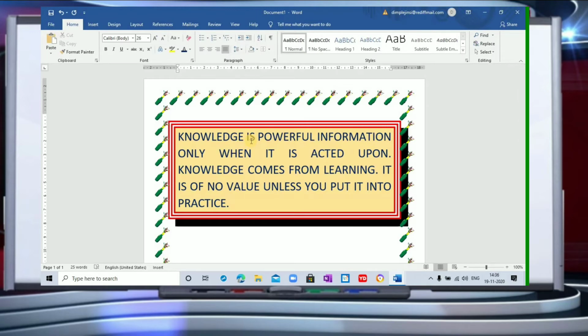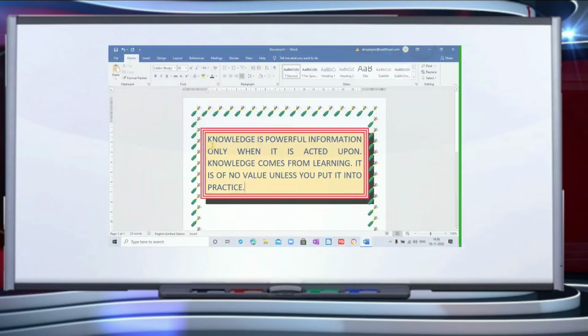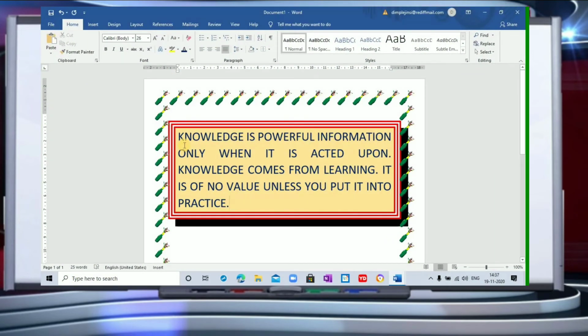Next we have the drop cap effect. How can we apply a drop cap effect? Students, drop cap is a text formatting option in Word that allows a user to enlarge only the first letter of a paragraph, and it is used to give a graceful and fancy look to a document.